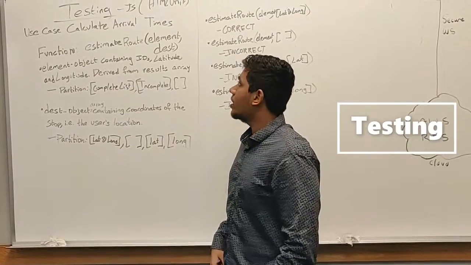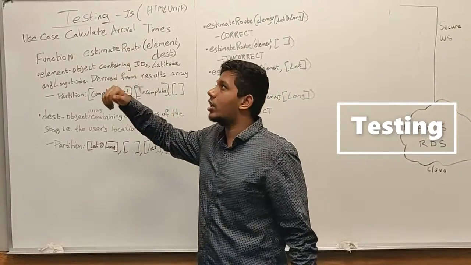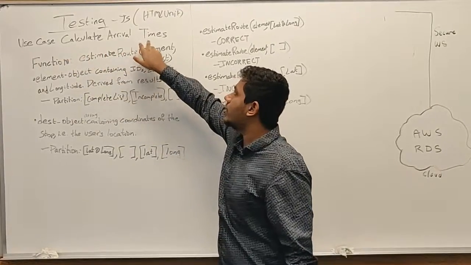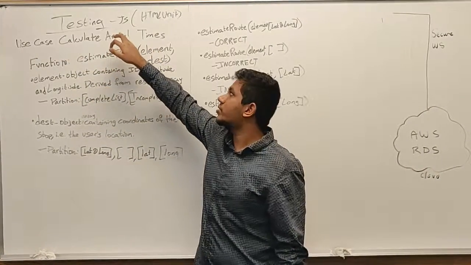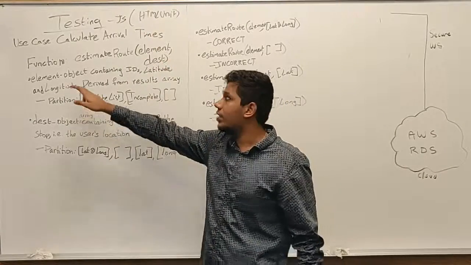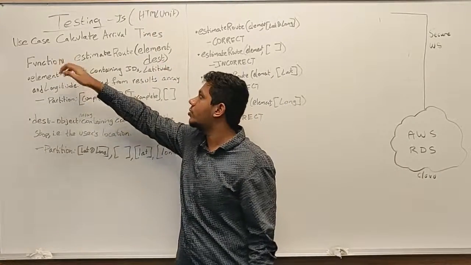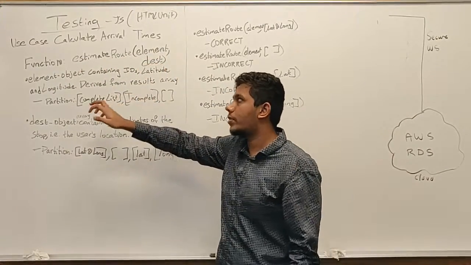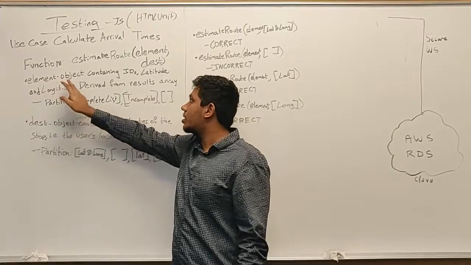Hello, my name is Pavan, and I was assigned testing for A4. We implemented the use case calculating arrival times, and we did this in JavaScript, so we had to use HTMLUnit to test this. One of the main functions that we used to implement this use case was estimateRoute, which took in element and dest objects. Element is an object containing